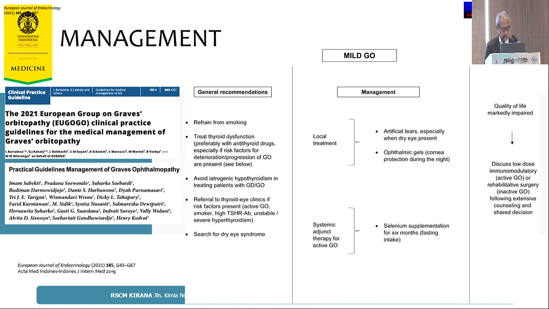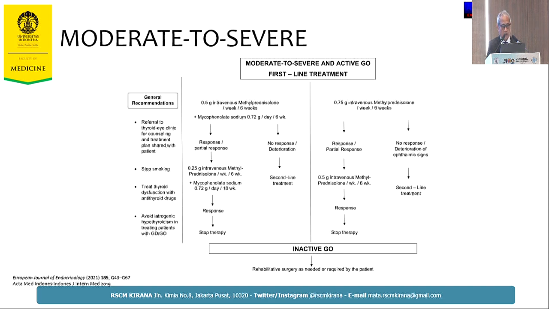We classified patients with GO into mild, moderate to severe, and sight-threatening thyroid eye disease. In mild cases, selenium plays a role in cellular redox maintenance and may reduce reactive oxygen species. There was a significant improvement in both overall ocular outcome and quality of life at 6 months, which continued at 12 months after discontinuation of selenium. No adverse events were associated with selenium treatment.